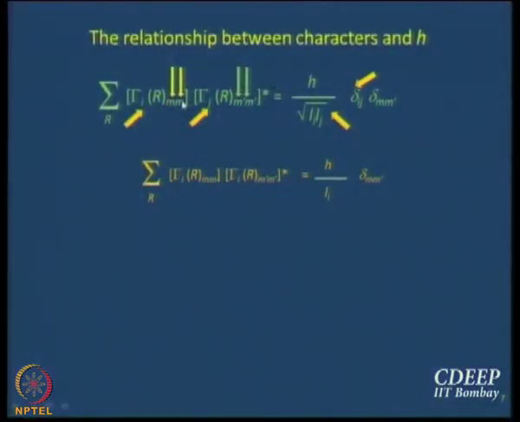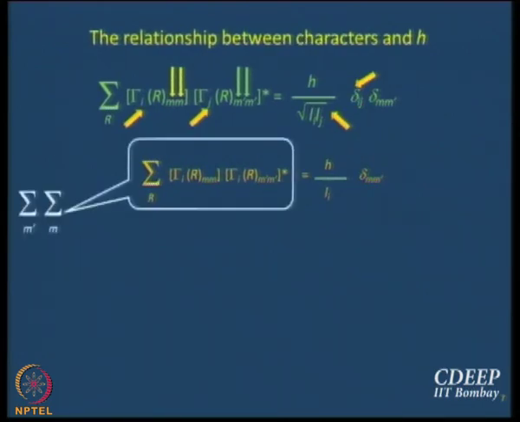See, here what I am saying is I want to work only with characters. So I am only worried about the diagonal elements, I do not care about the off-diagonal elements. So only when m equals n and m dash equals n dash, those are the only elements that I am working with, I throw the others. Okay, so this is what it becomes. Now I want to get rid of m, so it makes sense if I sum over all m's and all m dashed, then it will not be dependent on m anymore.